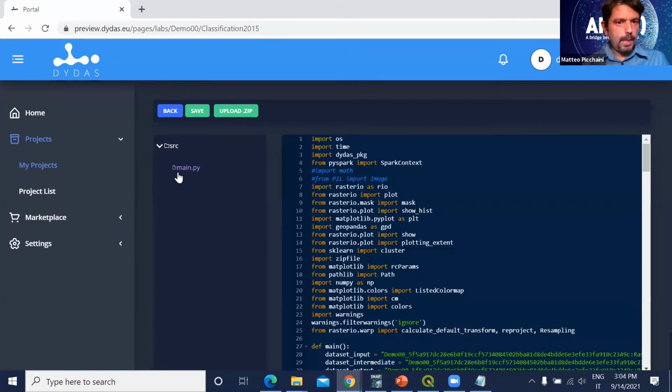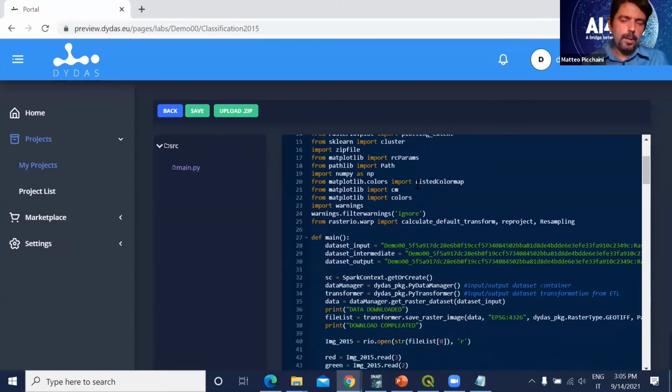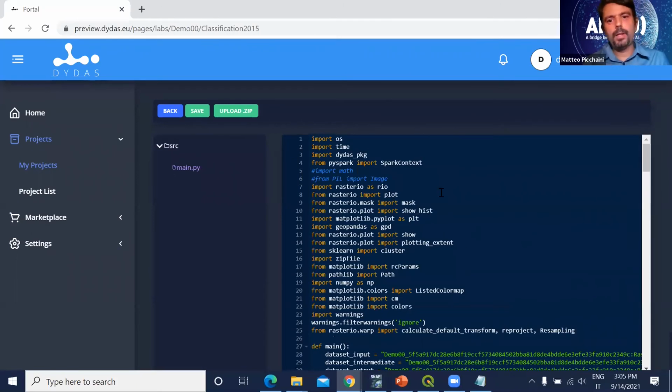Okay, simply by clicking on the main.py, you will see the instructions